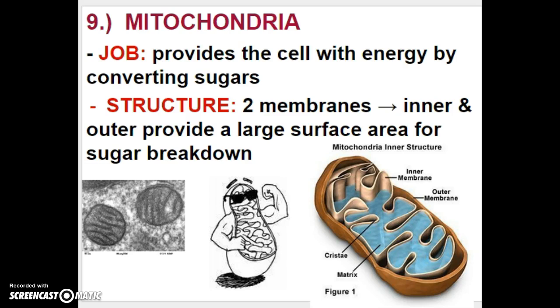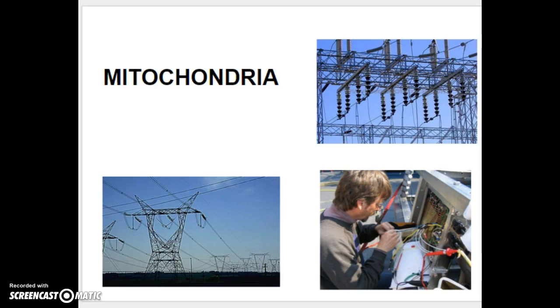The mitochondria, this is the powerhouse of the cell. This mitochondria provides the cell with energy by converting sugars. The mitochondria is a double membraned organism, so there's a lot of surface area for the breakdown of sugar, which is how cells get their energy. So you can think of the mitochondria as like the power plant of our cell factory, or the electrical engineer